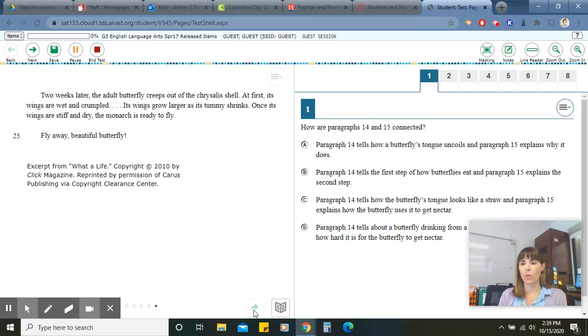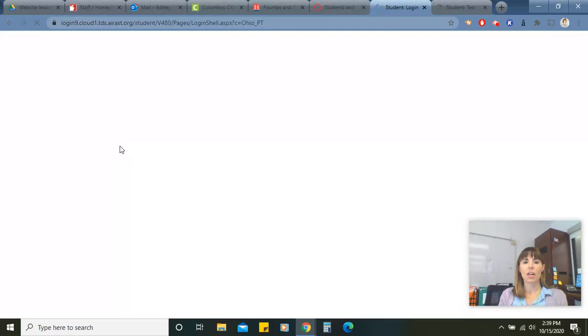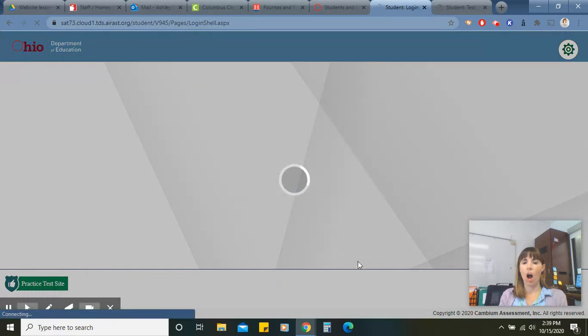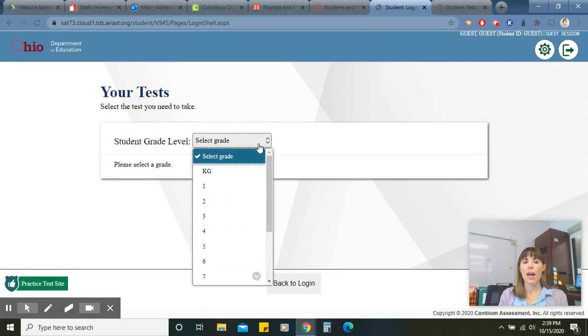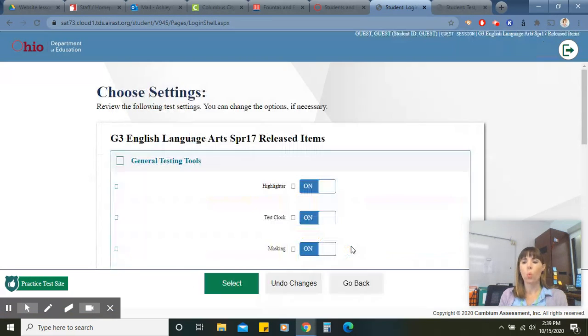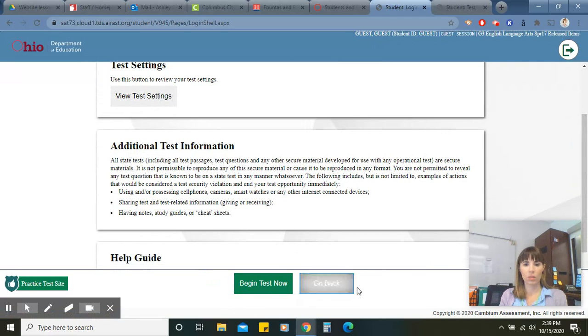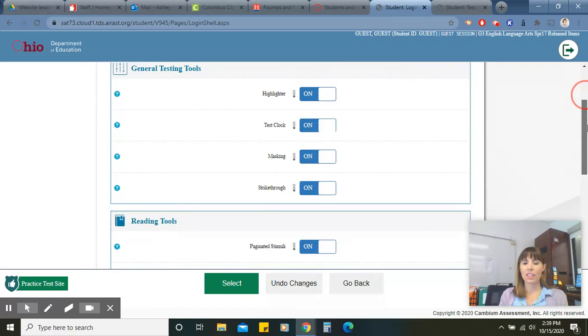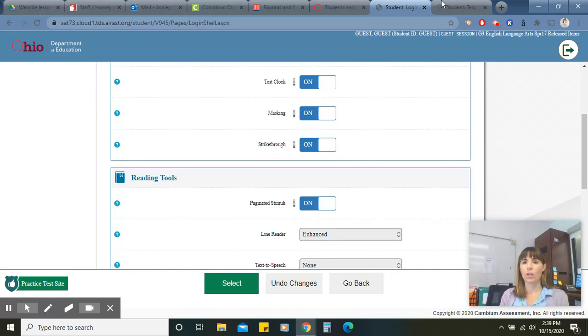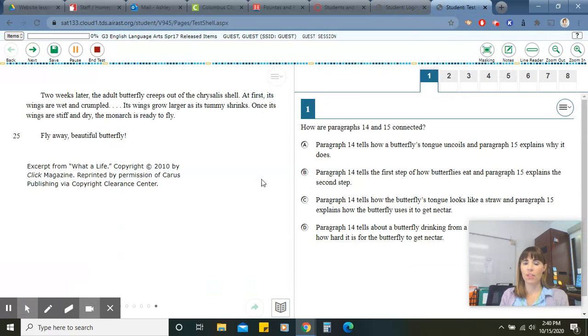but the teacher has to go in and set that up for all of the students if you prefer it this way. So that's why I said when you're taking the practice test, to make sure you just click off on the paginated stimuli so that it looks like what the kids will see on testing day. Oops, it was one back. So that's up to you. If you find that you actually prefer the look of the paginated stimuli, then you can leave it on. Just know, for the practice test, that the real test is going to have the scroll bar